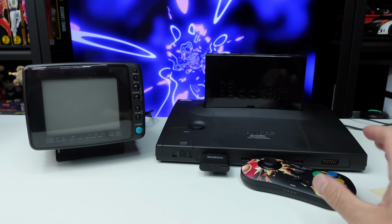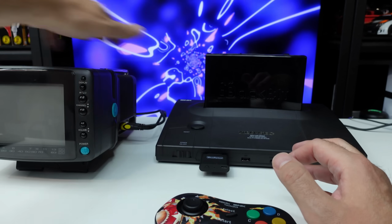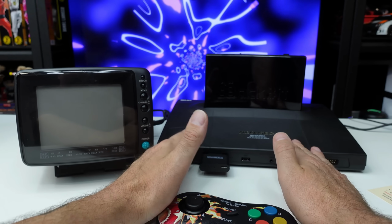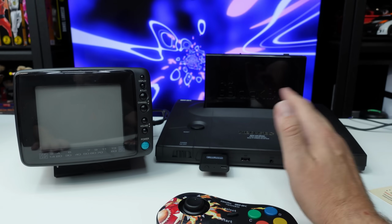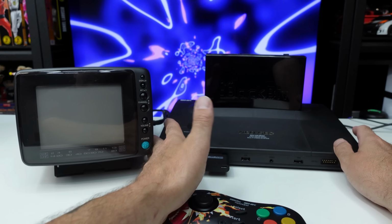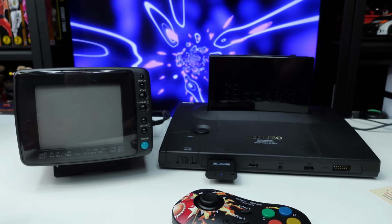You're not going to constantly be touching it. So we're going to test this thing out. I just have it plugged into this little TV because I only have access to AV cables for this MVS right now. I mean, I do have RGB and SCART, but I don't have a converter for it, and I don't have a TV that could take component or anything right now, so can't mess with any of that. So hopefully